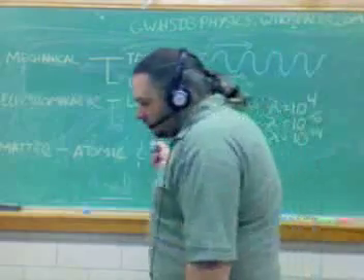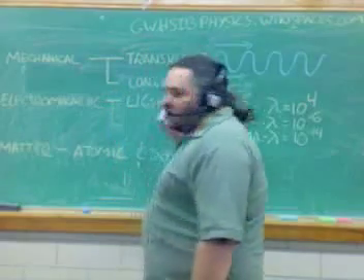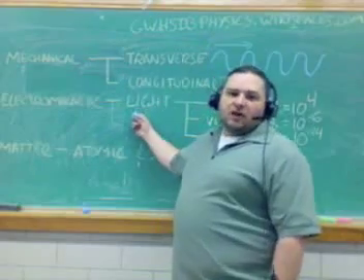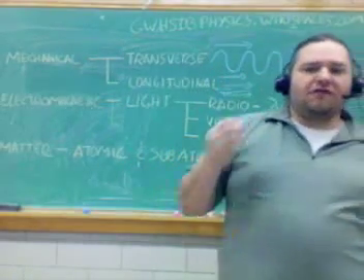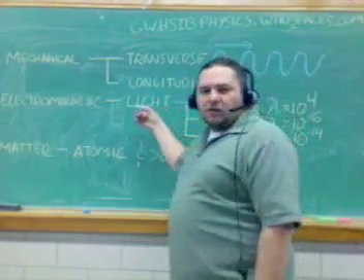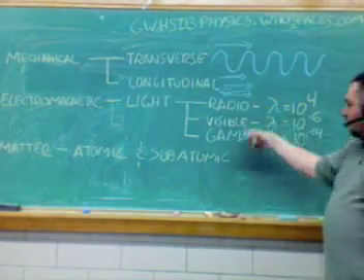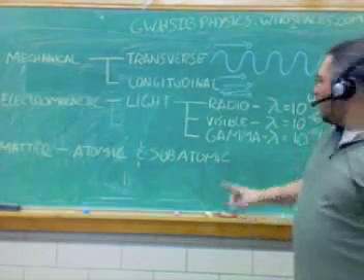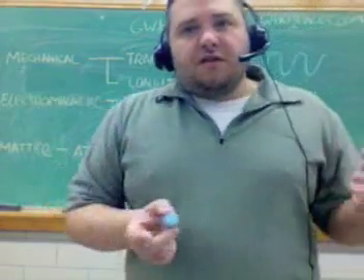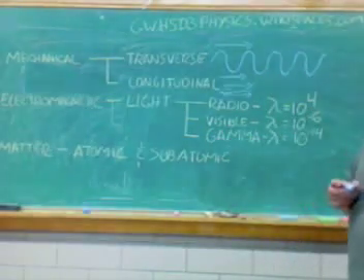Now, electromagnetic waves we've already kind of touched on. We haven't gone into too much detail about them, but that's just because we've only been talking about energy, you see. But electromagnetic waves are light, and when I say light, I don't necessarily mean visible light. Visible light fits in the category of light. The electromagnetic radiation is more than just visible, going all the way from radio waves, okay? To gamma. So that's the full spectrum of light. Now, obviously, we don't see radio waves and we don't see gamma radiation. We don't see those. So in order for it to be light, it doesn't necessarily have to be visible light. Okay? Now, radio waves,